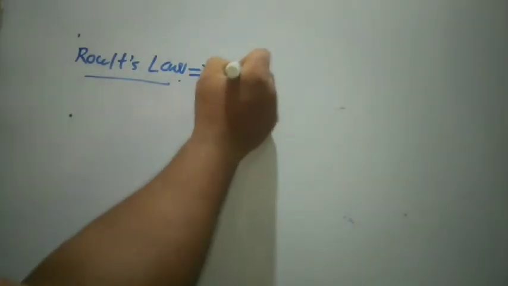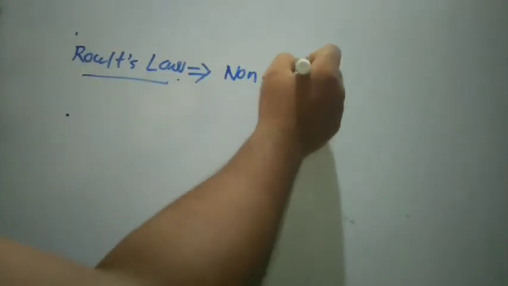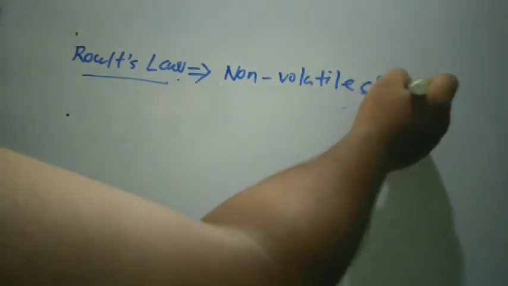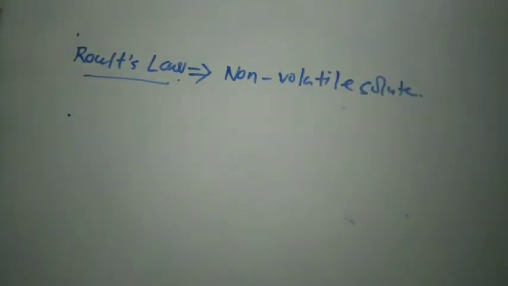The statement for Raoult's law you all know. I am just writing the equation or the formula. Raoult's law can be applied for two cases, one for volatile solute and one for non-volatile solute. So let us first write Raoult's law for non-volatile solute. In the solution, if we use a non-volatile solute, then Raoult's law is given as